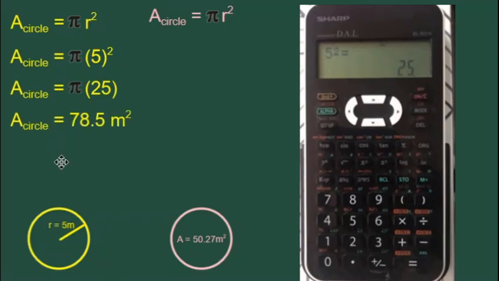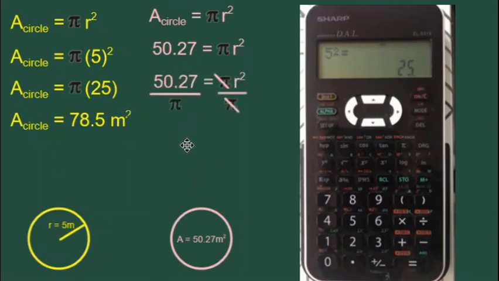When the radius is the unknown, as in the problem on the right, we must square root to find it, so we need the square root key. Here we replace the A for area with the area we know. We divide that area by pi, and then the answer has to be displayed in the calculator, and we have to square root it. The way that works with this calculator is